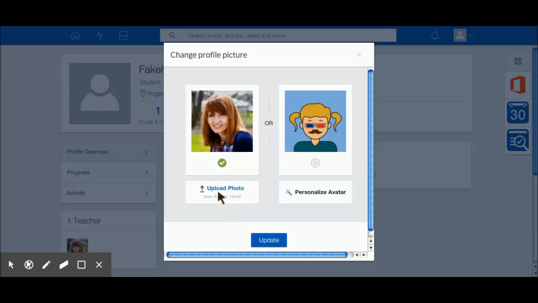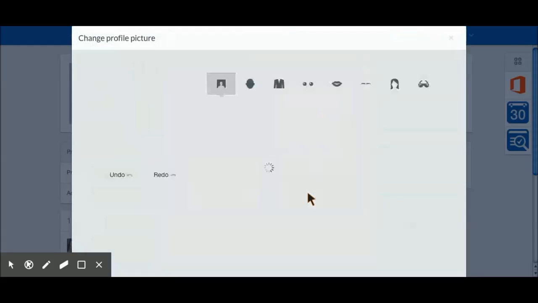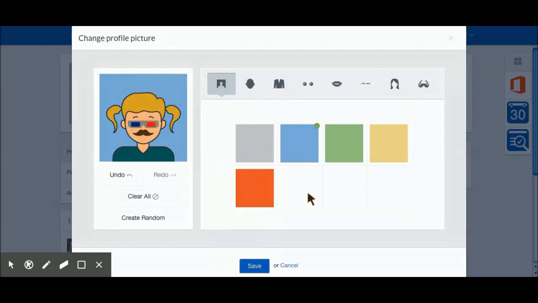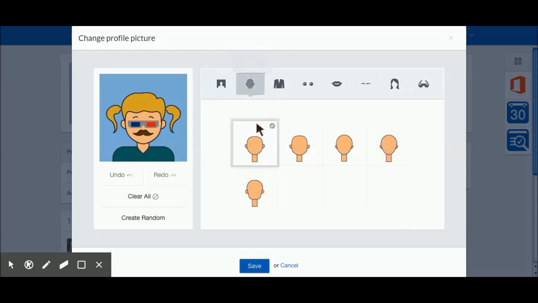I can upload a photo, click there, and I can choose a picture that I've saved on my computer, or I can make my own avatar. I'm going to try to make the avatar look like me. Right now that doesn't look so much like me. So there's the blue background. I'm okay with that. Now let's click on face